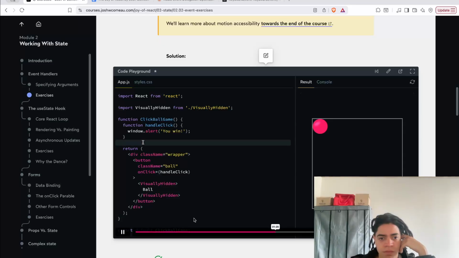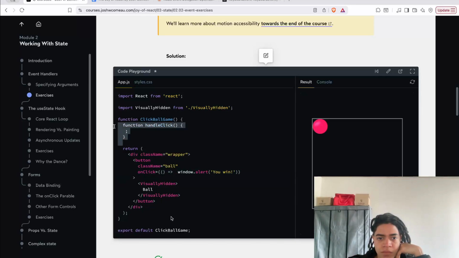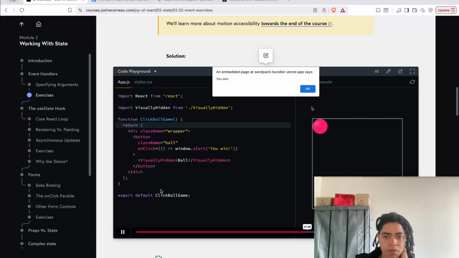So this is probably how I would solve this, but there's another way that some of you may have thought, and that's to use an inline function instead. And so rather than have a function up here that I pass as a reference, why not create an inline function that does the exact same work, something like this? And honestly, both of these approaches work equally well. They both get the job